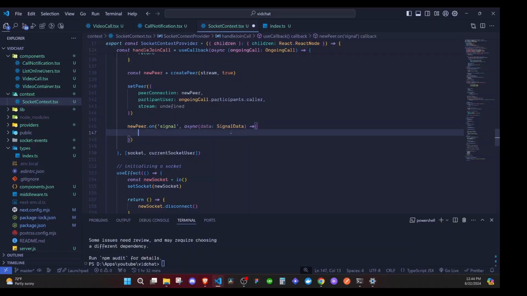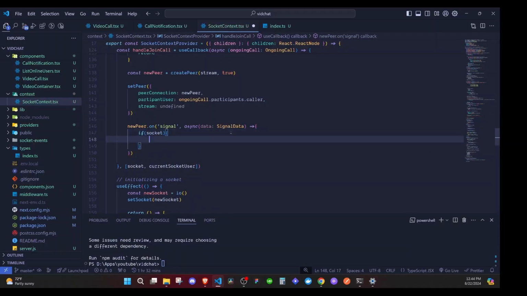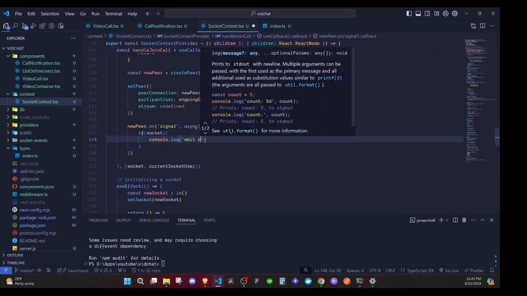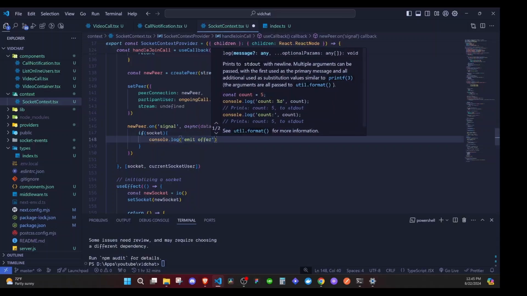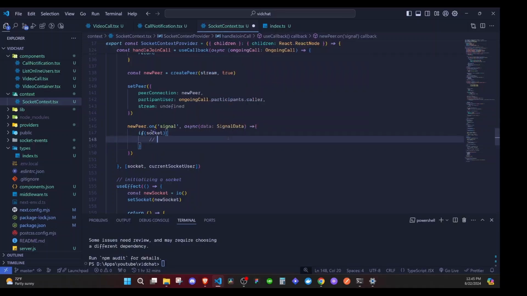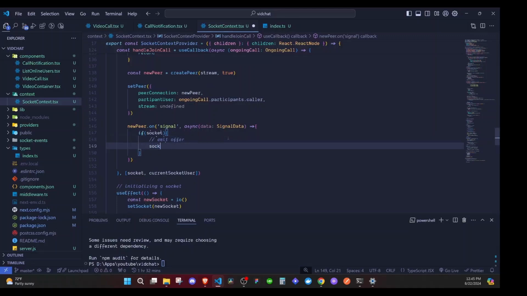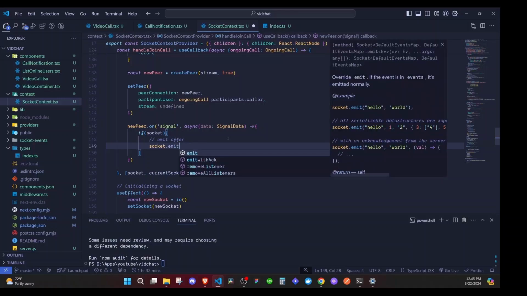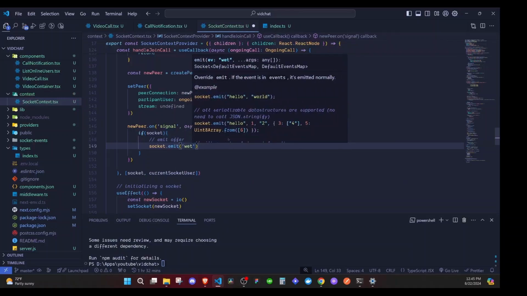And right here we will perform a check. If the socket is ready, our socket IO, if socket is there, what we will do, we will emit an offer now to the person who called us. So we'll emit a WebRTC offer. So here I'll say console.log, and here we will be emitting an offer, or you can just comment, okay? Emit offer. So right here we'll have now socket.emit, and we will emit WebRTC signal,